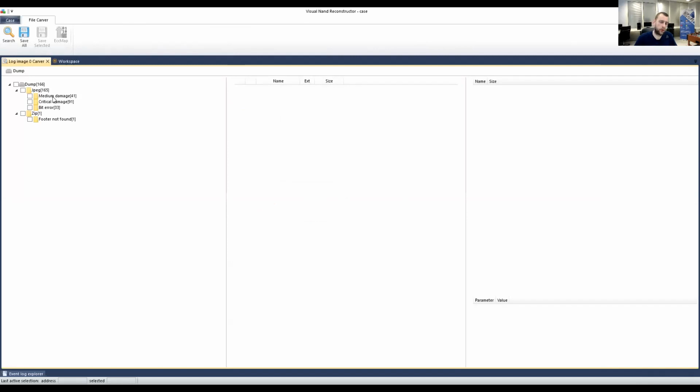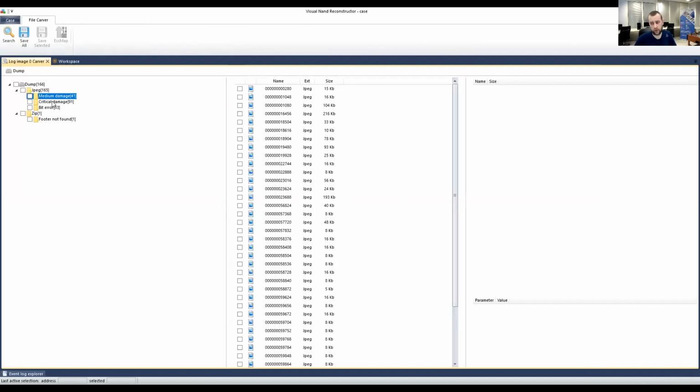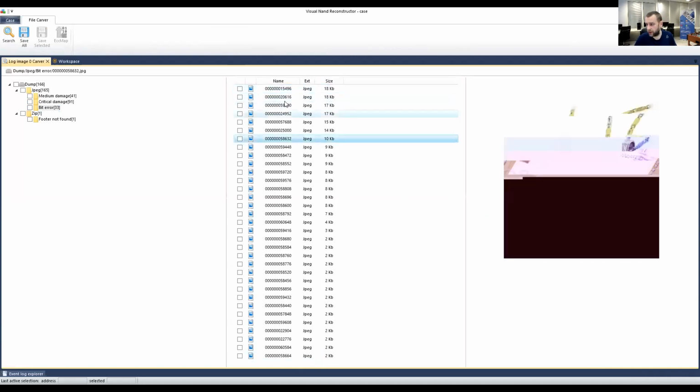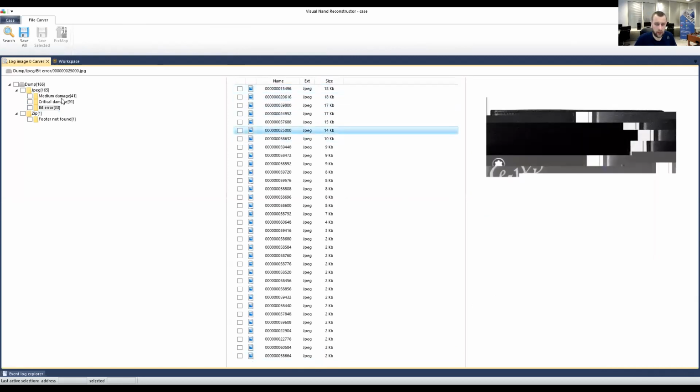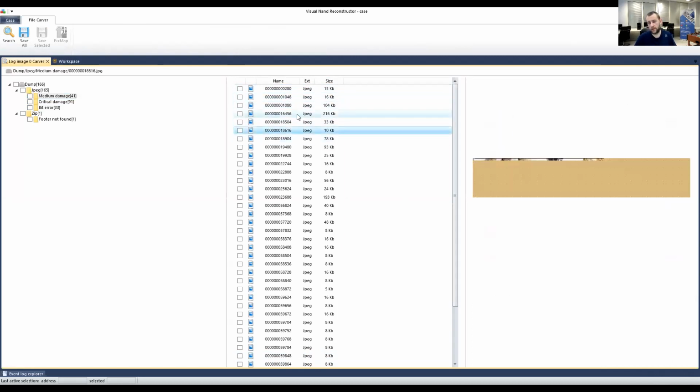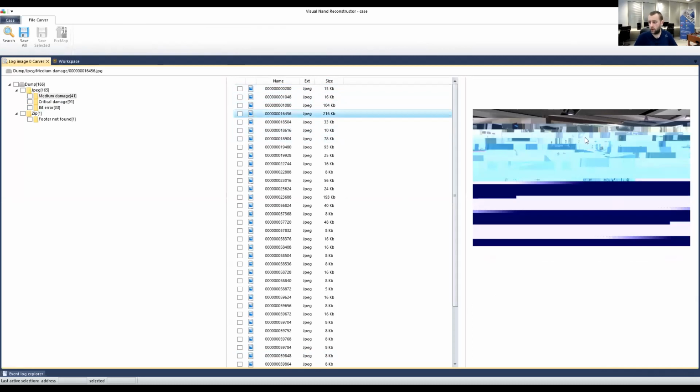Right. First of all, you can spot here, there are no good files, obviously. They are medium corrupted, critically corrupted, or have some tiny bit error corruption, but that's mostly in very small files. Yeah, so you can see, that's very interesting, by the way. You can actually see here quite